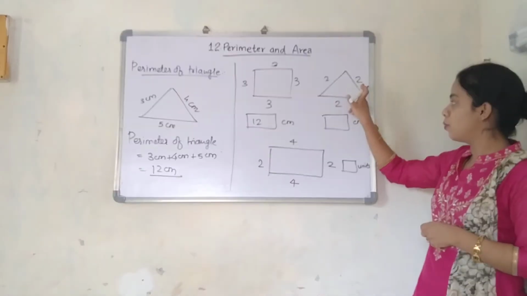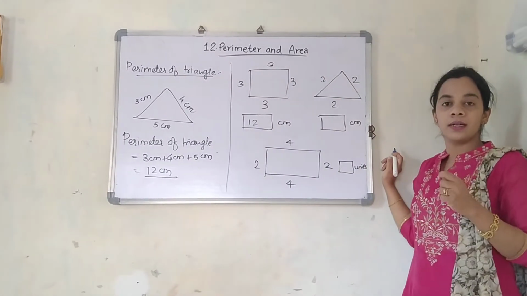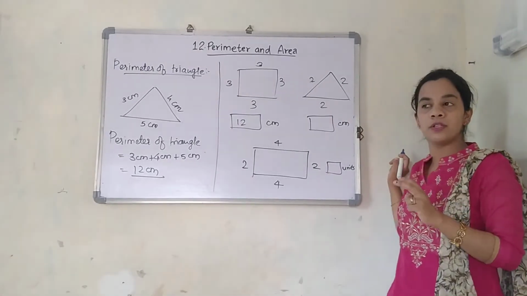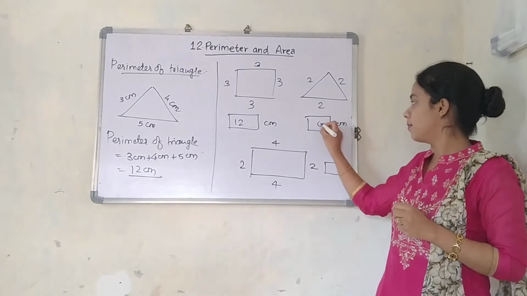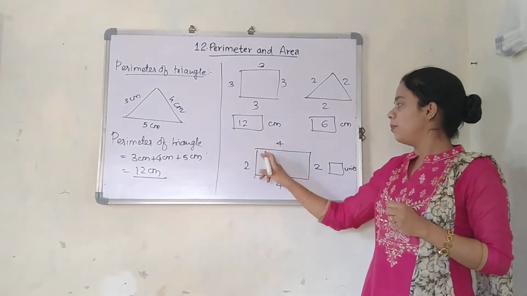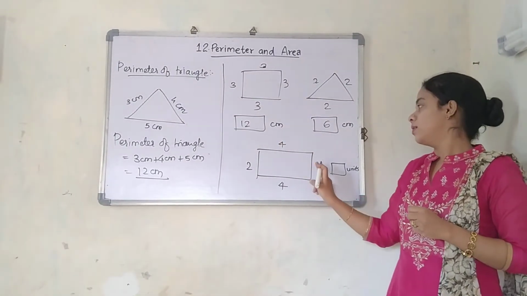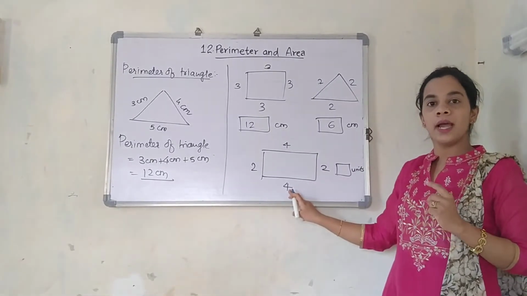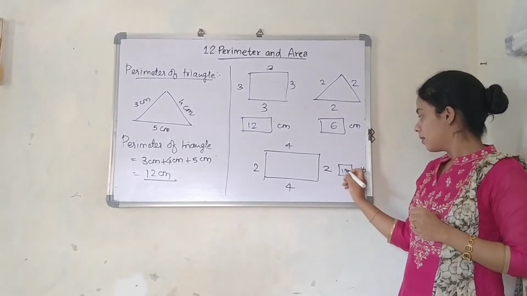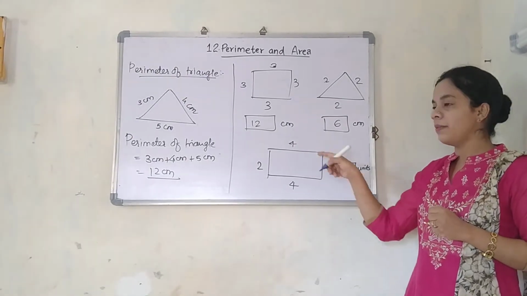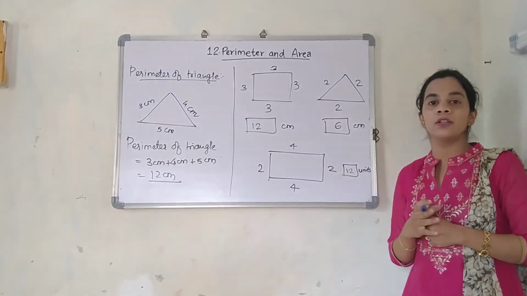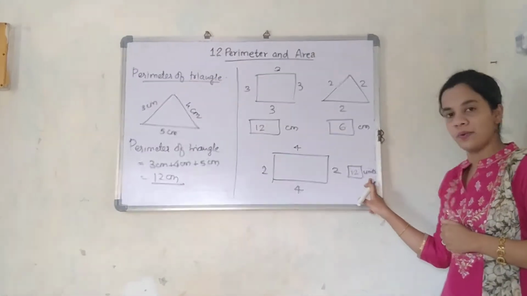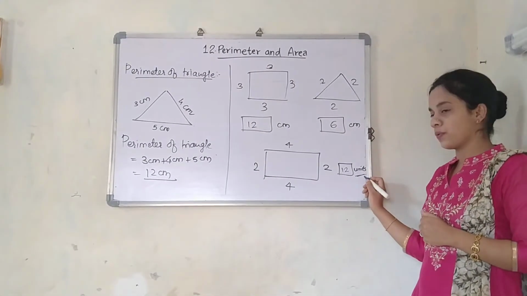Now 2 plus 2 plus 2, like it is over here, a triangle is present over here. So what will be the perimeter? 2 plus 2 plus 2, it will be 6. 2 plus 4 is 6, 6 plus 2 is 8, 8 plus 4 is 12. So here the addition will be 12. Now there is no centimeter or meter given to you. So whenever there is no centimeter or meter, you are supposed to use units. So it is 12 units. This will be your notation.